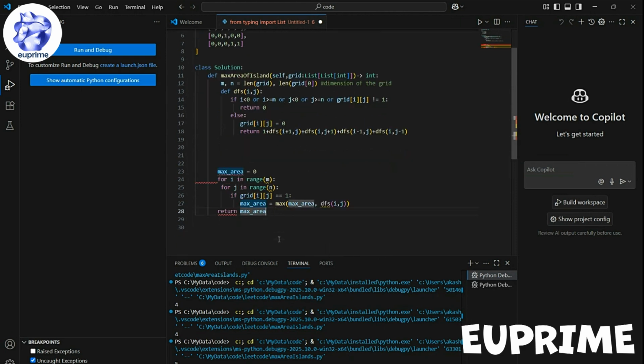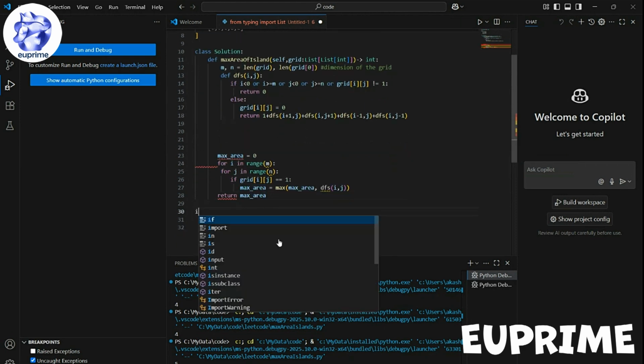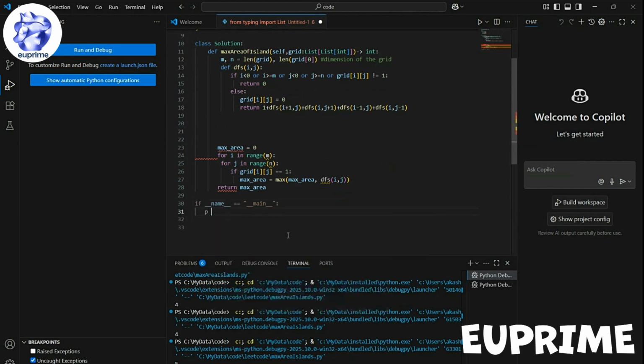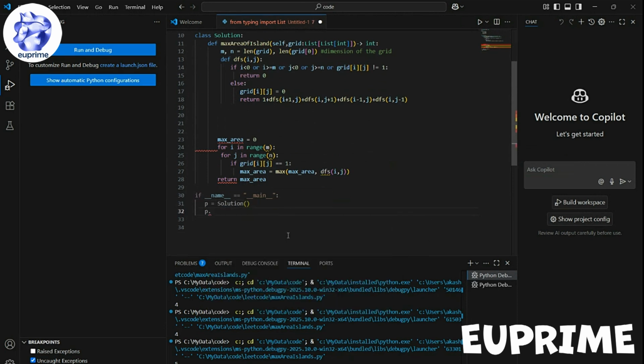This should basically work. Yeah, the constructor which initiates the